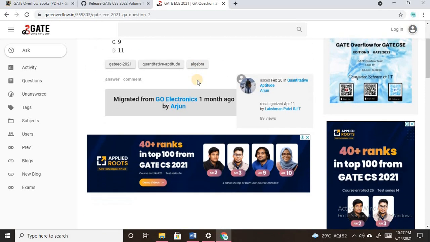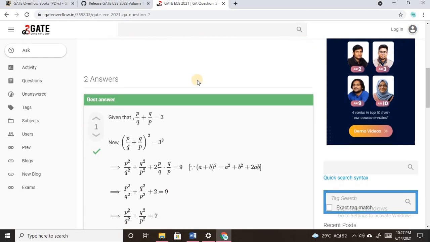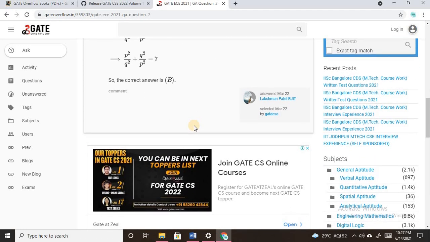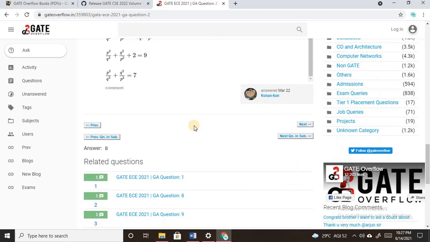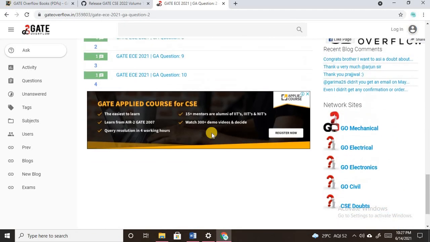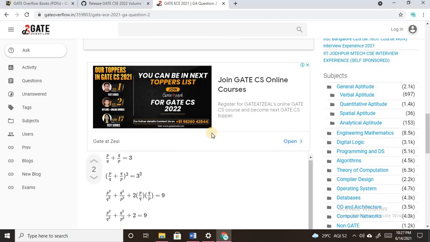Here if you scroll down you will be able to see solutions to this very question by a number of other GATE aspirants, and you can even comment back to any of these solutions or any of these GATE aspirants and clear all your doubts. You can even post your own comment or your own approach to a question so that you are clear with the topic and all your doubts are resolved.